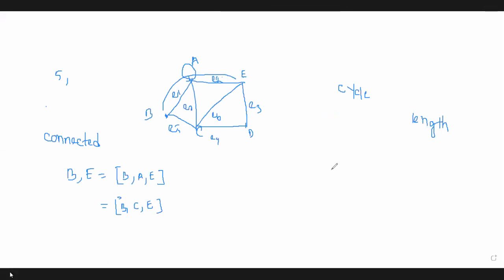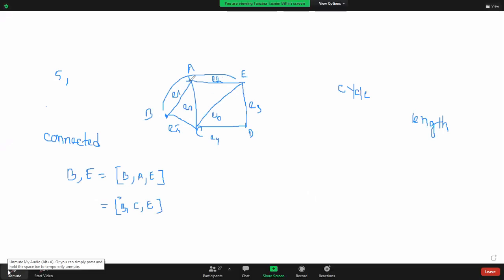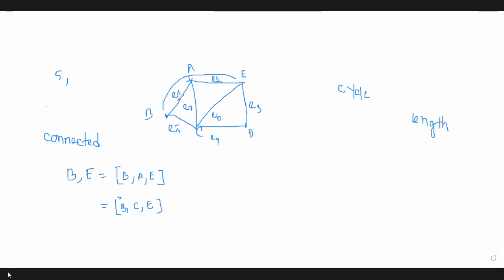So look at this. If we want to find out how many cycles are here from this node A, how many cycles are here of length 4? If we take this path A, B, C, E, and A, how many edges are here? 4 edges. E1, E5, E6, E2. So this is a path sequence of length 4. And why are we calling it cycle? Look at this. A, B, C, E, and A. So we started from this node A, and now our destination node is also A. So that's why it's called cycle, where the starting node and the end node are same.